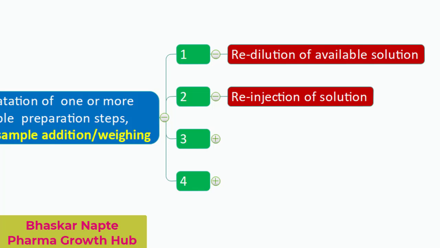So the transient error looks to be the root cause, then you can re-inject the same HPLC vial one more time and then understand whether now the re-injected results are